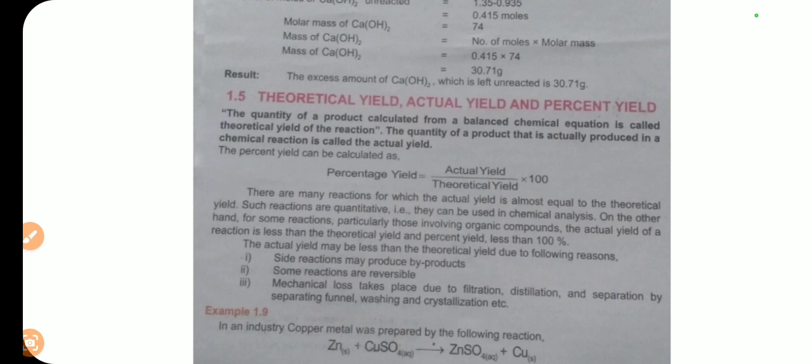The percent yield can be calculated as: percent yield is equal to actual yield divided by theoretical yield, multiplied by 100. That is its formula. There are many reactions in which the actual yield and theoretical yield are almost equal. Such reactions are quantitative. On the other hand, in some reactions, particularly those of organic compounds, the actual yields are